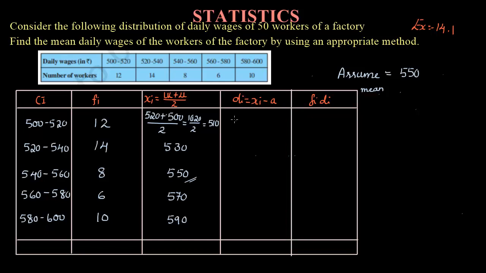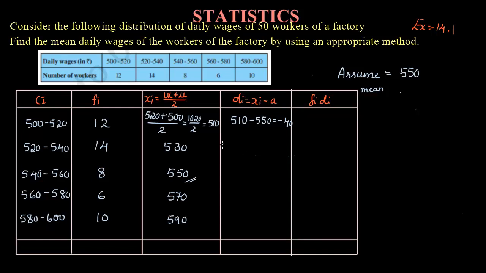Then what we will do? We will be finding the difference between these two. Fine. So find the difference. We have the xi as 510 for this value, minus what is the assumed mean for you? Assumed mean is 550. So how much will you be getting? Here you can see you have two different signs and you are subtracting the smaller number from the bigger number. So you will be having a negative sign here. You need to mention the bigger number's sign. So it is minus, and after subtracting you will be getting 40.